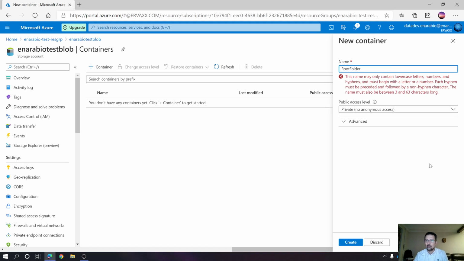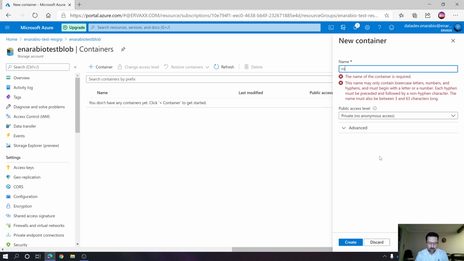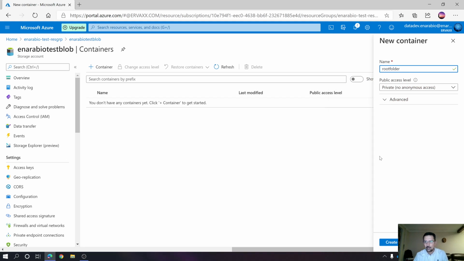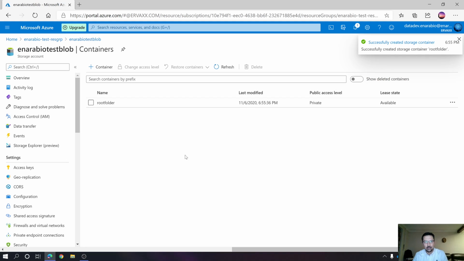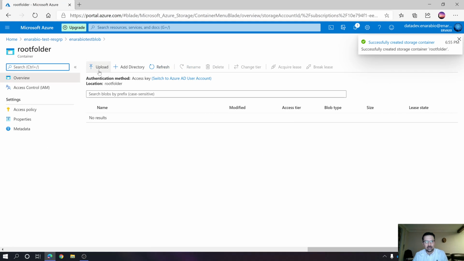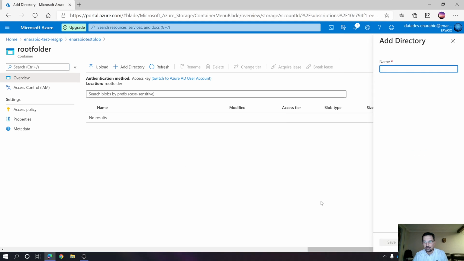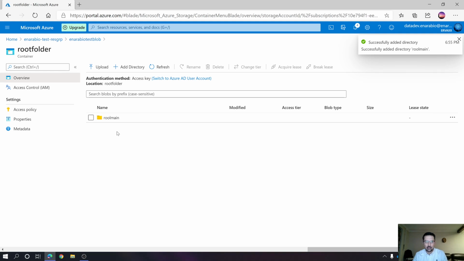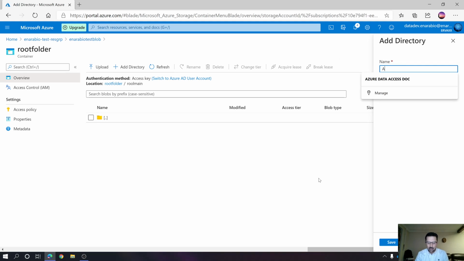So always keep it as a root. It has to be a small root folder. So we create a root folder, and then from there I cascade it down to add directory. So I'll create another root main. I should have renamed it the other way around, but never mind. And then add directory. I usually call it something like meta main or top meta